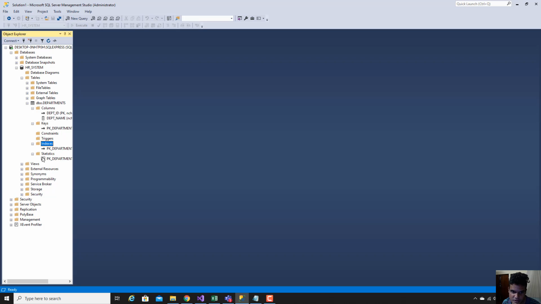If you want more details regarding these things, you can always refer to the online documentation available from Microsoft. If you want me to explain them, please do comment below and I will make separate videos on them. As you can see, the primary key is also indexed, so it is already available there, a clustered one. So that's how you create a new table in your newly created database.